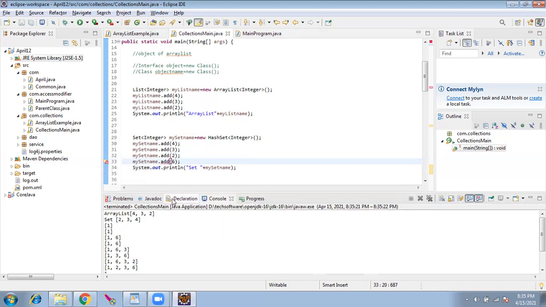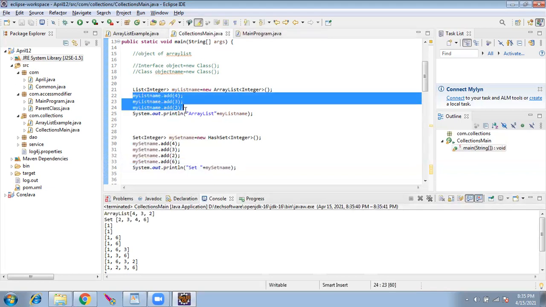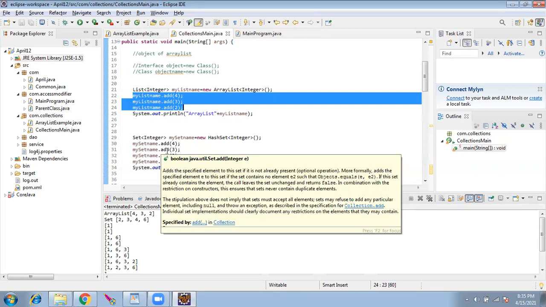But array list will not sort it. Array list is unpredictable. You cannot tell that it will come in the same order. It can change the order also. But set, whatever be the order you key in, it will sort and it will add into the set. So when you retrieve it, it is going to give back in an order.